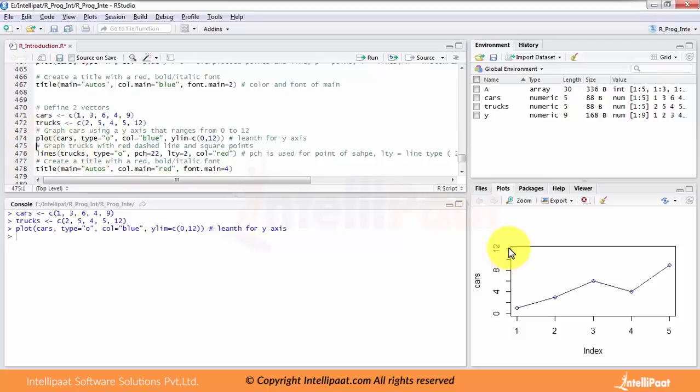So that's what I'm saying: start from 0 and go till 12. You can change it as per your convenience. Suppose I make it 20. Then it will go to 20. But in that case, the moment we increase the dimension of my y-axis, my graph tends to go down. The reason being, my highest value is 9 in my